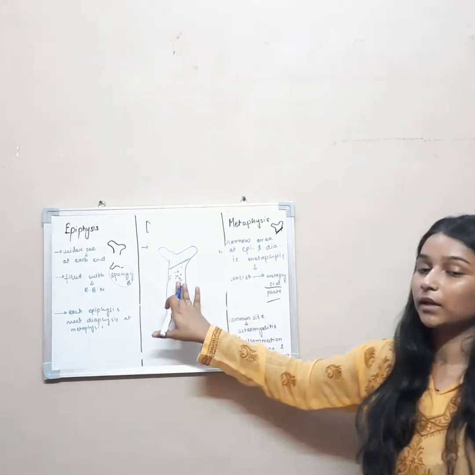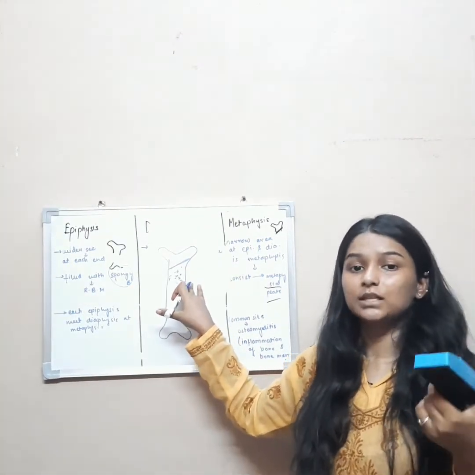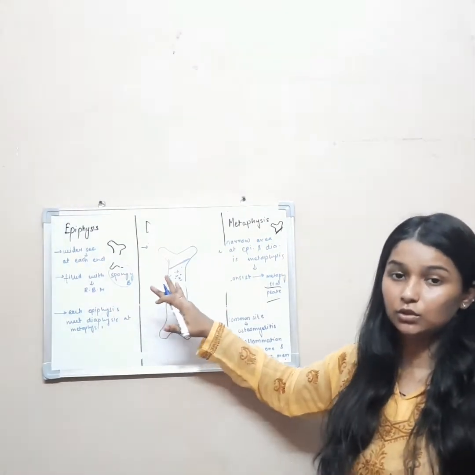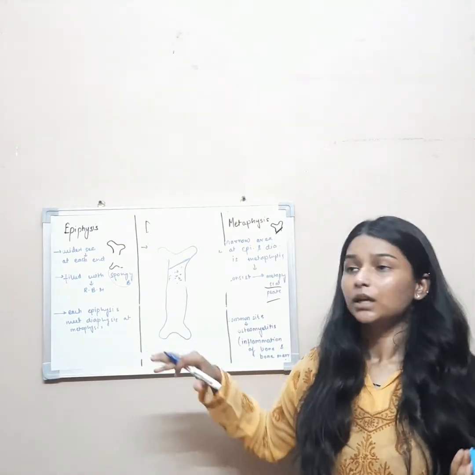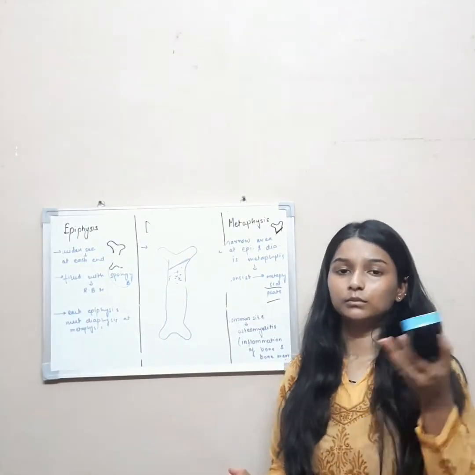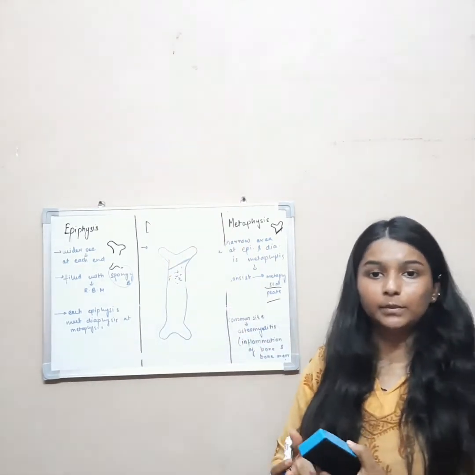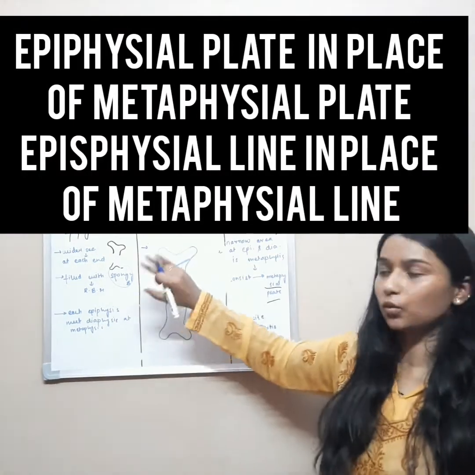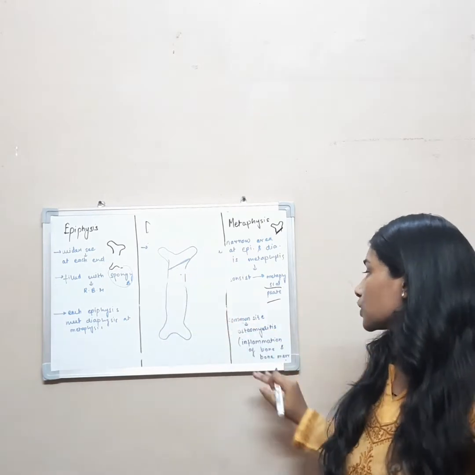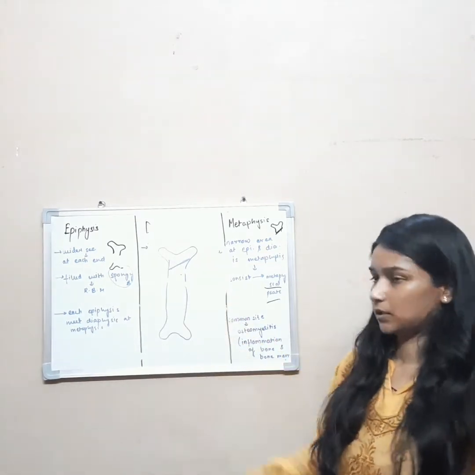The metaphysis has hairpin-like structures till the age of full development of the bone, that is till the age of 18 to 21 years. Because of the hairpin-like structures, bacterial emboli can get trapped in it easily. As the child grows past 18 to 21 years of age, the metaphyseal plate disappears, and there will be only a single metaphyseal line. So all these will disappear, and osteomyelitis is rarely found in a young adult.